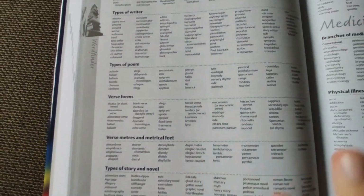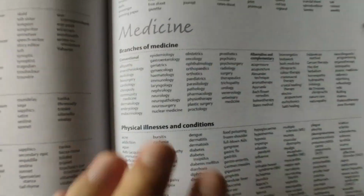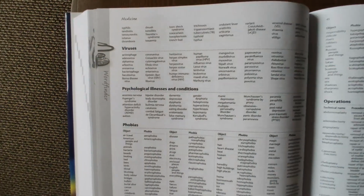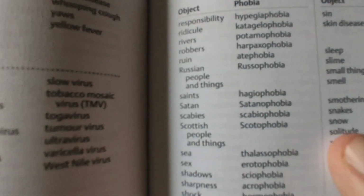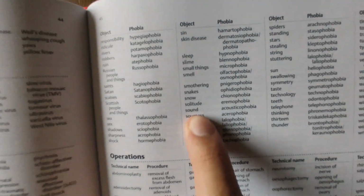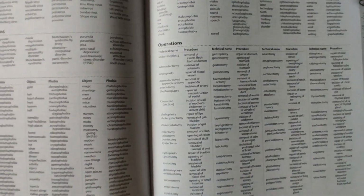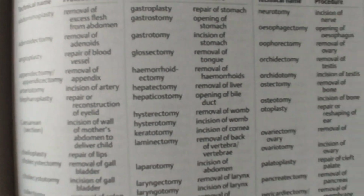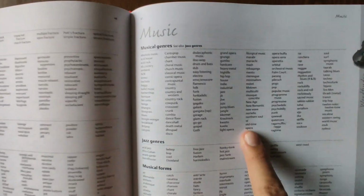Types of writer, types of poem, verse forms, types of story, novel, medicine branches, you've got physical conditions, viruses, phobias, really nice because they show what the phobia is of. It's a phobia of sound, acousticophobia, telephonophobia, operations, removal, they actually say what's been done, removal, repair, stuff like that, surgical instruments, medication types, music genres,